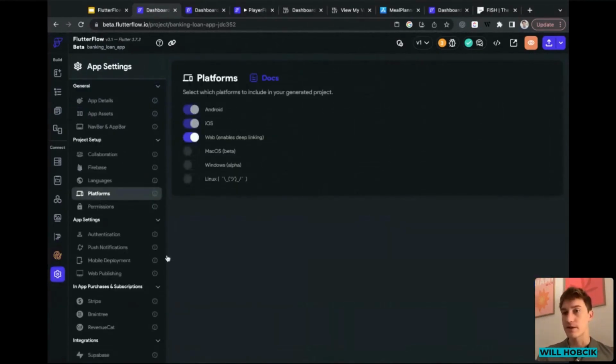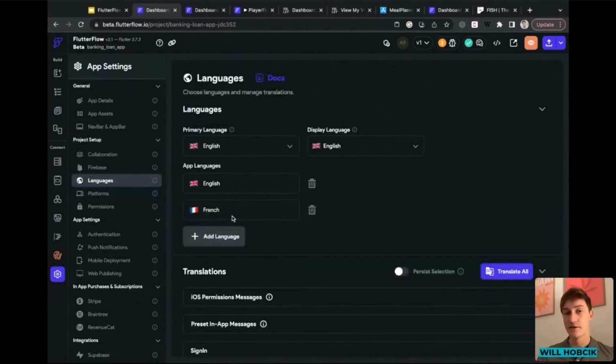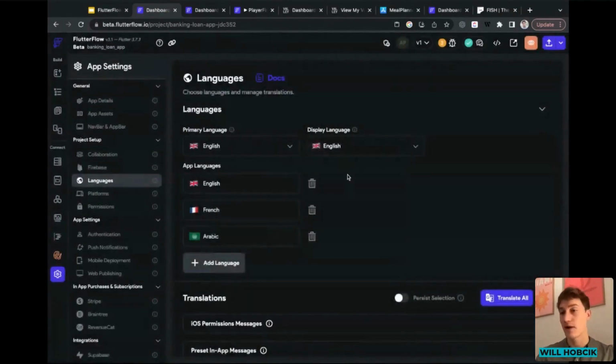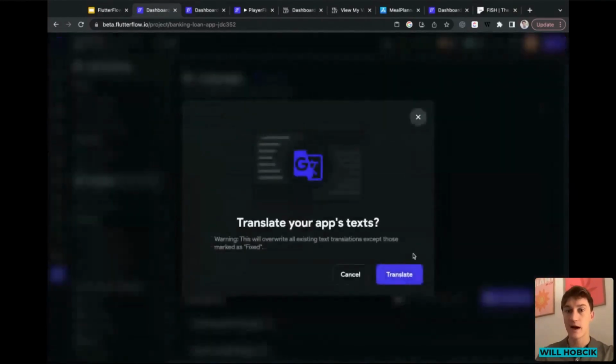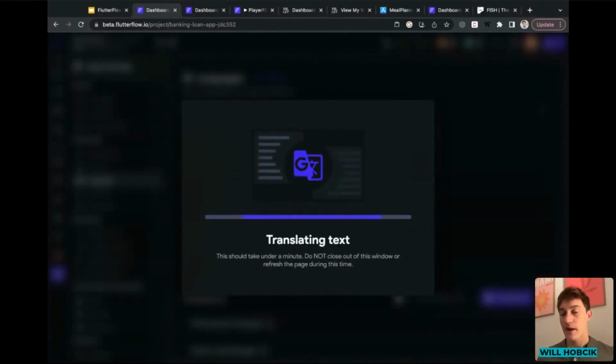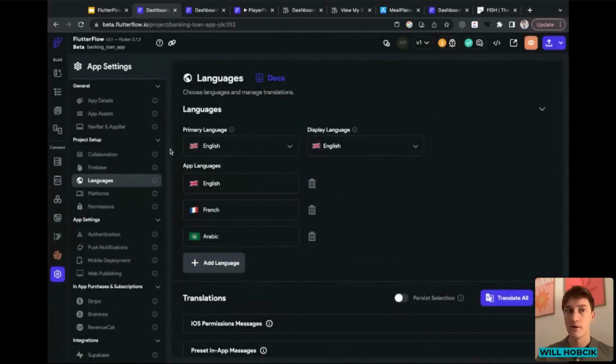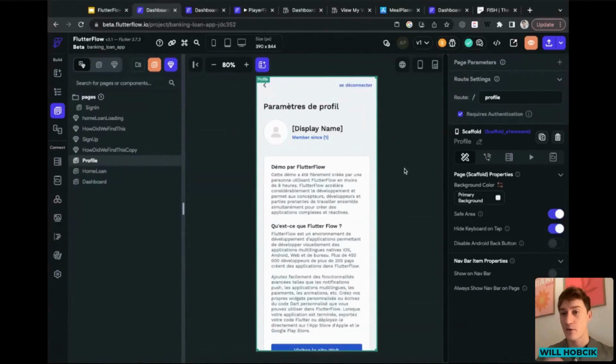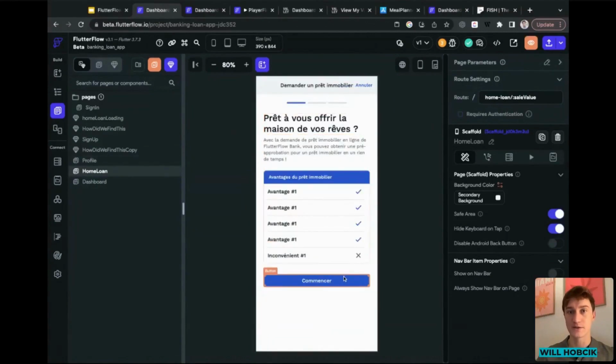You can also translate your application pretty much instantly. So in this case, I just added French for an example, but I could also add, maybe let's do a right to left language as well, right? I just click translate all, and my entire application just got translated. And if I go back to my application here, right, it might not be the most perfect French, right? We're using the power of Google Translate in this, but instantly my application was completely translated to a different language here, right? And we can see that if we go through different pages, right?